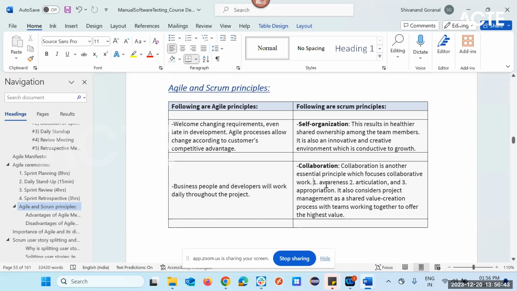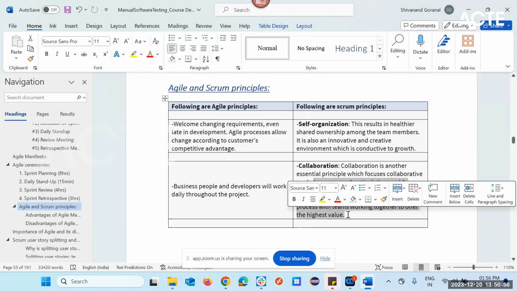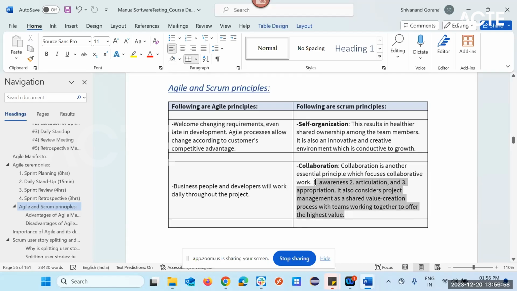So you should have awareness, articulation, and appreciation, right? And also consider project management as a shared value creation process, with the team working together to offer high value. Okay? So these three I have mentioned. You should have awareness of what you are doing and how it is important in terms of the client. Articulation is nothing but you have to do some extra, like artifact making, so you have to create that environment,